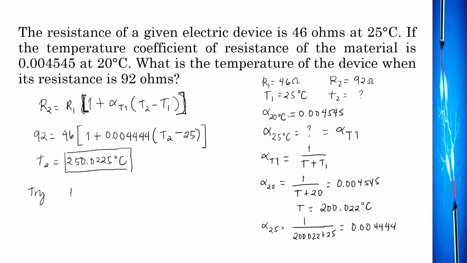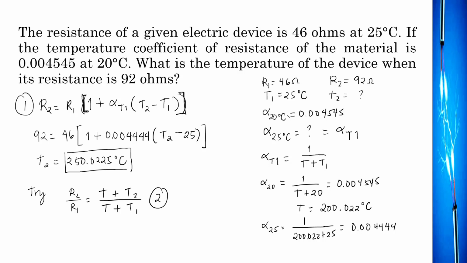Itong formula na to, yung R2 over R1 is equivalent to T plus T2 over T plus T1. Since ito naman, R2, R1, yung T1 are already given. Meanwhile, itong T na ito o yung inferred 0, nakuha na natin kanina. So, madali mo na lang din makukuha yung T2 dito. So, whether alin man dito sa dalawang formula na to, yung pwedeng gamitin. No? So, ayan. Makukuha naman parehas is 250.0025,